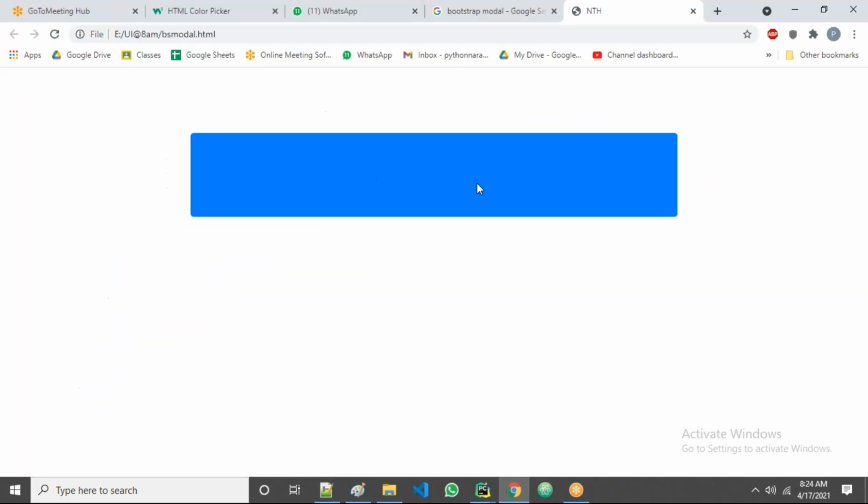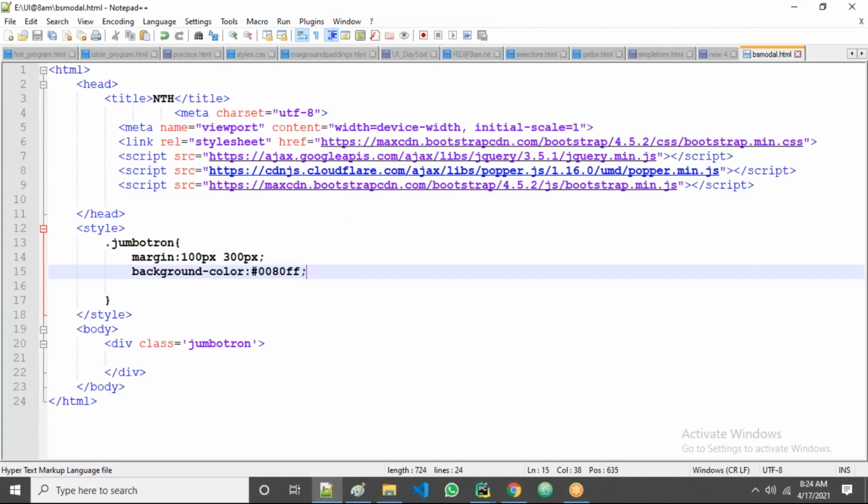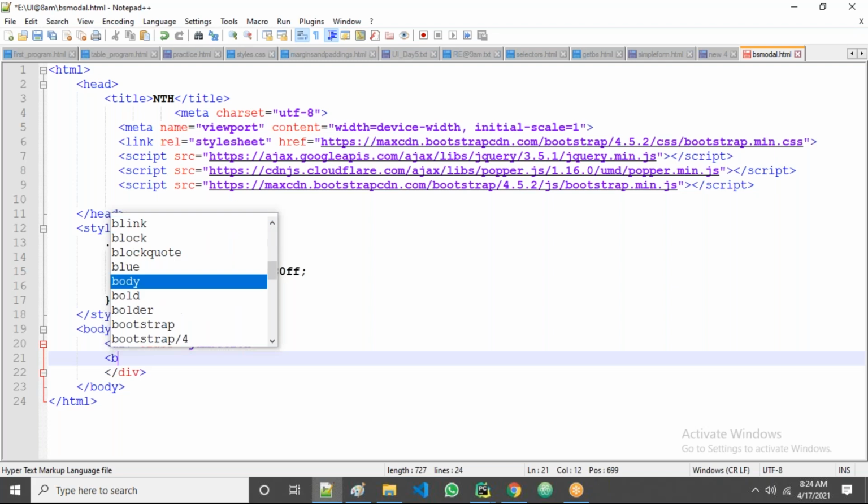Right. Now, in this blue jumbotron, I want to display some buttons, guys. Here I want to display some buttons in the jumbotron, right? Now in the jumbotron, I'll take two buttons, guys. Now all of you observe, I'll take two buttons here. Suppose let's take the button, guys. Let's take the button tag. Okay, button tag I'll take now.